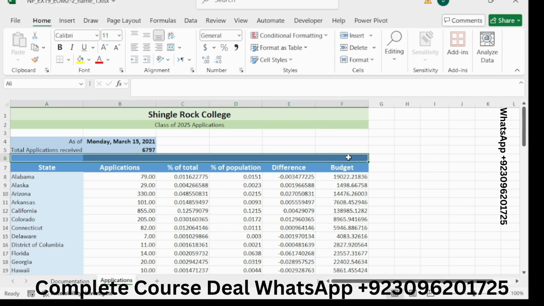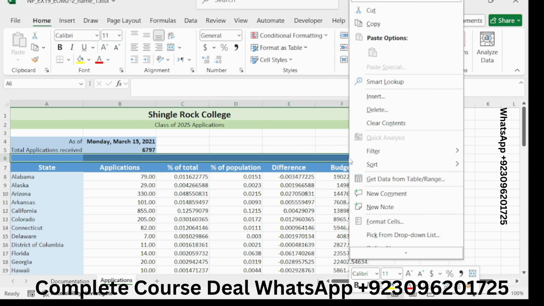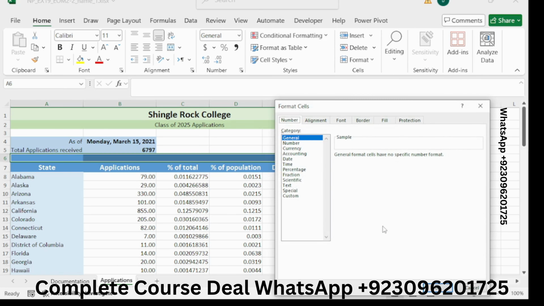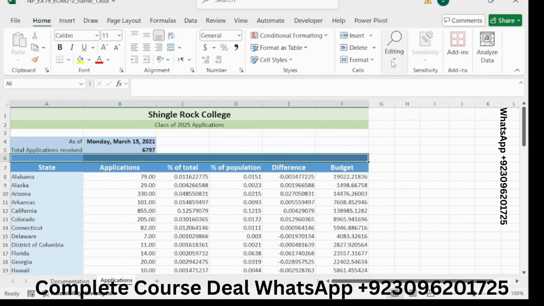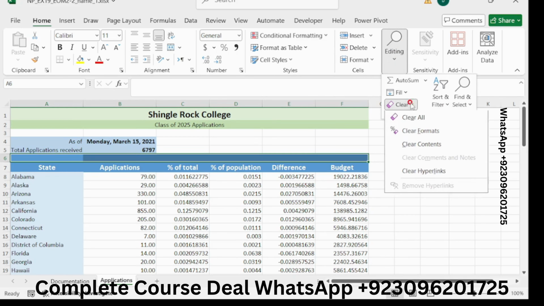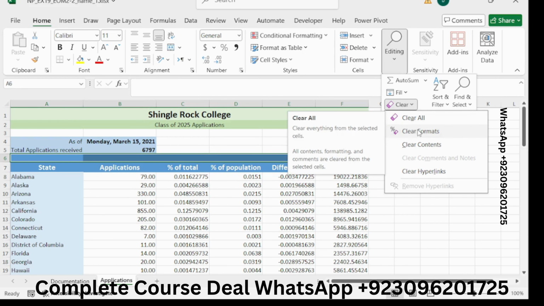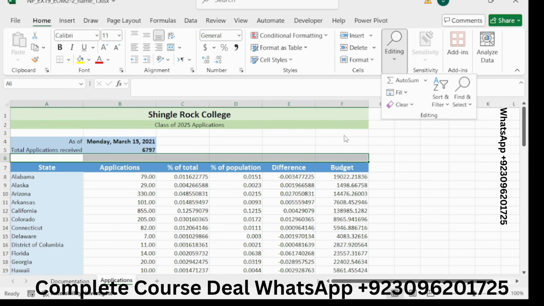Select the range A6 to F6 and then clear the formatting. Go to the editing and clear all, clear formats like this.